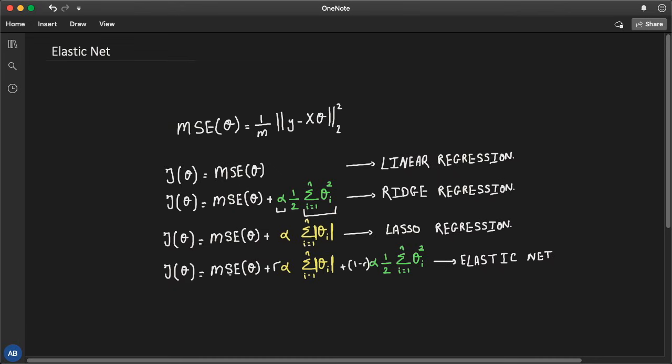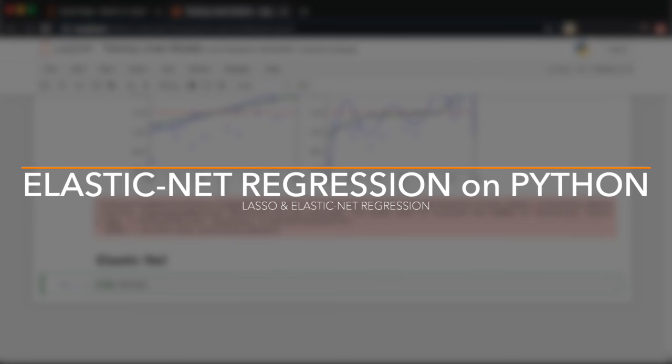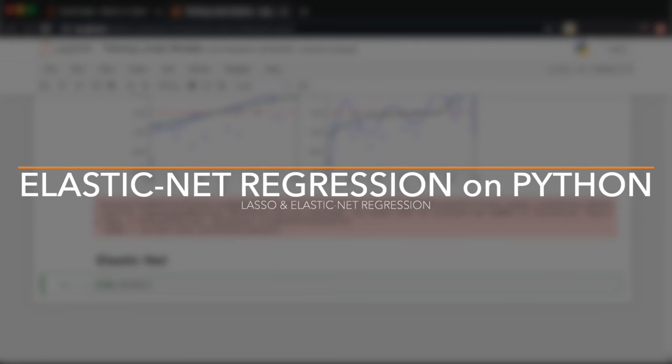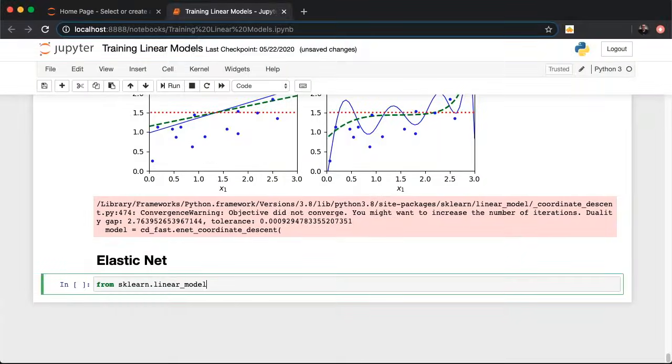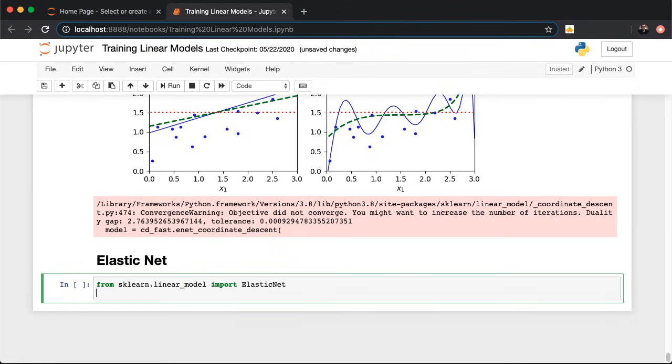So let's see how to implement elastic net in Python. So the first thing you'd want to do is that, as we did previously, from sklearn.linear_model, import ElasticNet. Then instantiate an elastic net object, passing it the alpha, and then the R, which is referred to as l1_ratio,